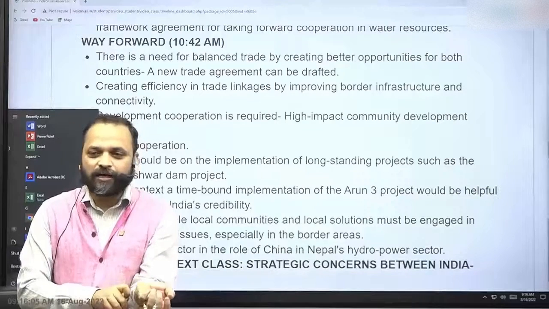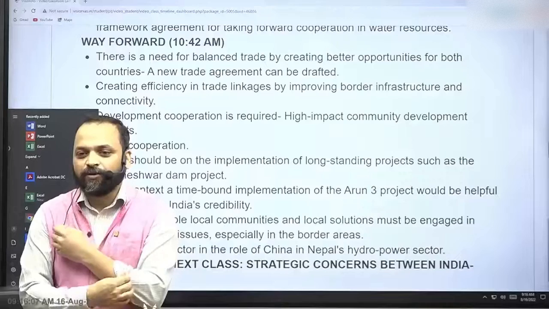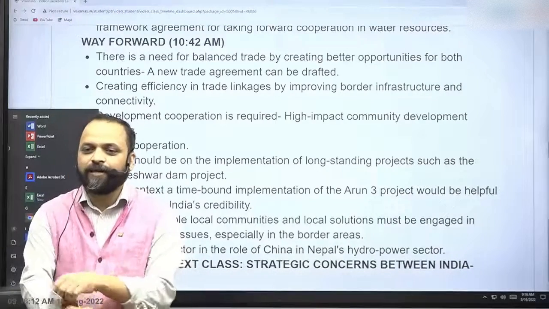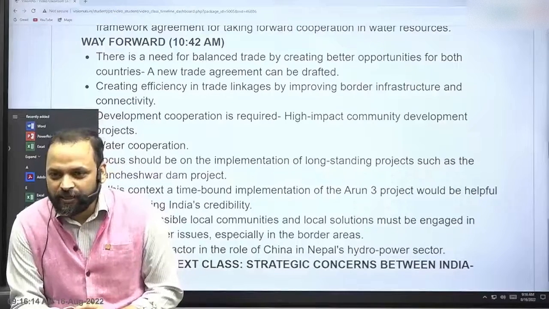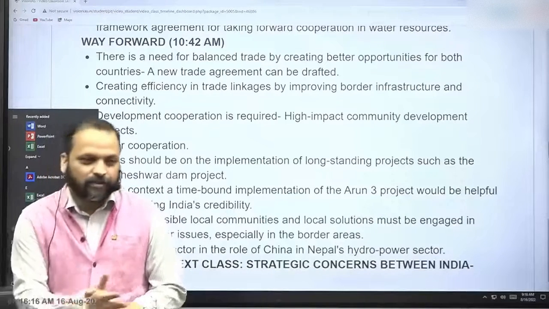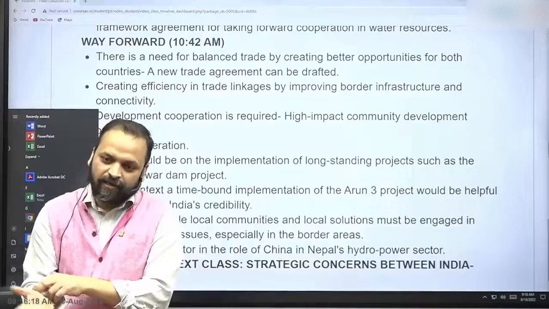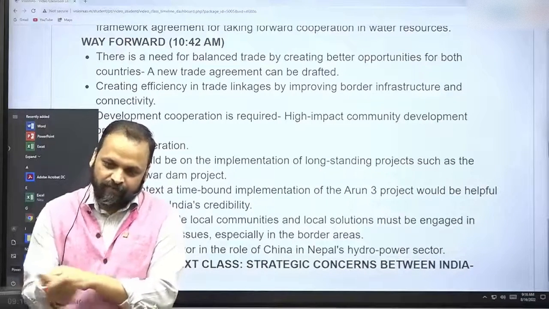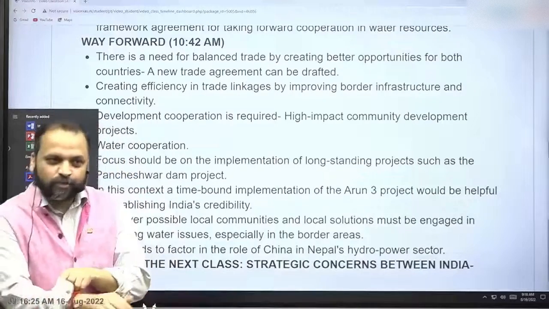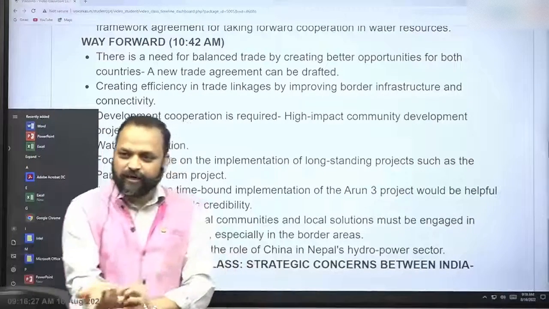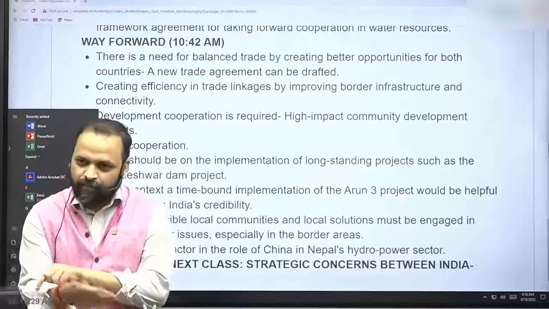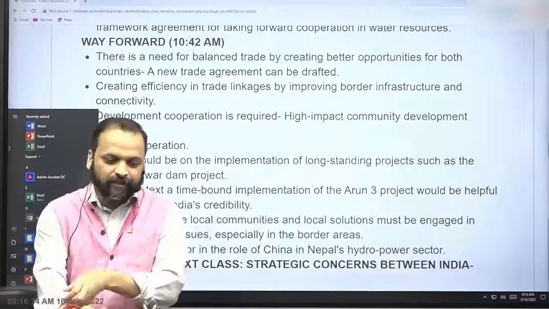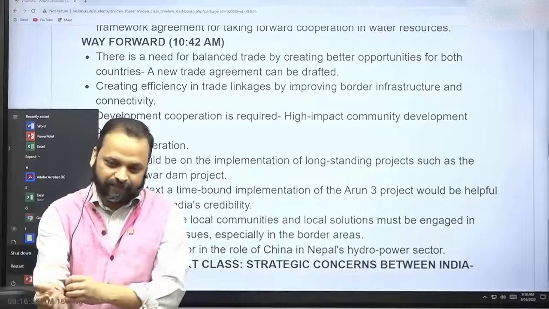So you can use jargons, for example in conclusion, either in the introduction or in the conclusion. You can start by saying simply that India-Nepal relations are special relations, right? So that is the way you begin, and you can end it with that also. You can save that phrase, and in the end you can write, so we can say, or it can be argued, that India-Nepal relations, though there are periodic frictions, remain special. All right, यही करेंगे. क्वेश्चन क्या था?